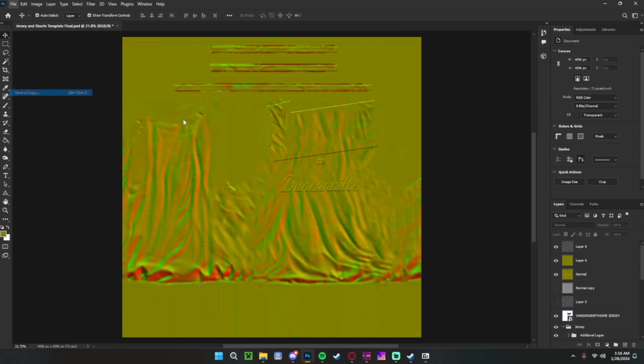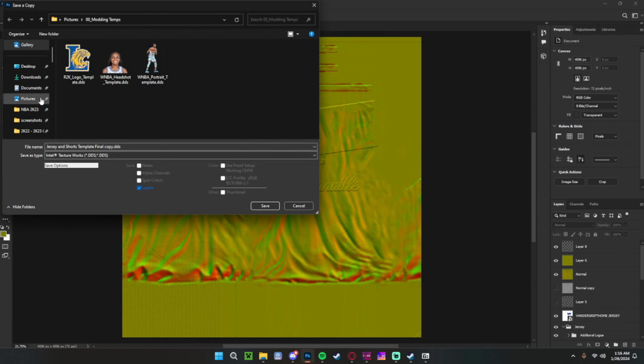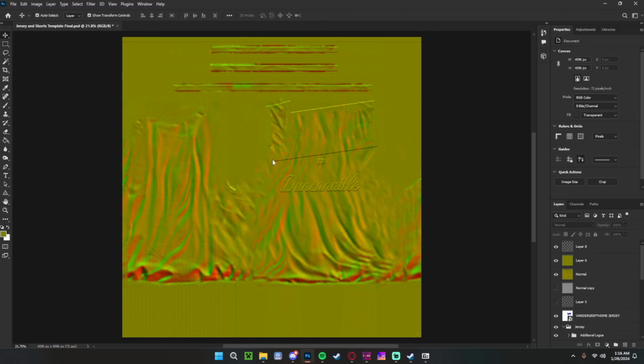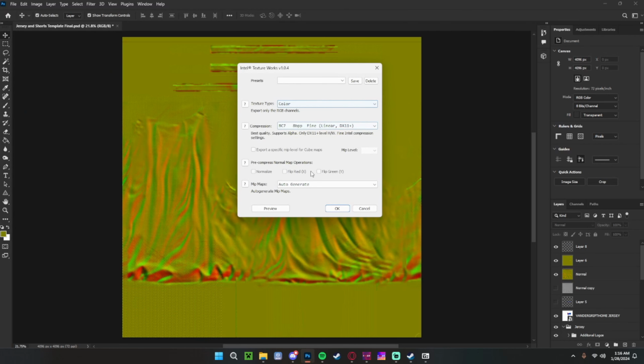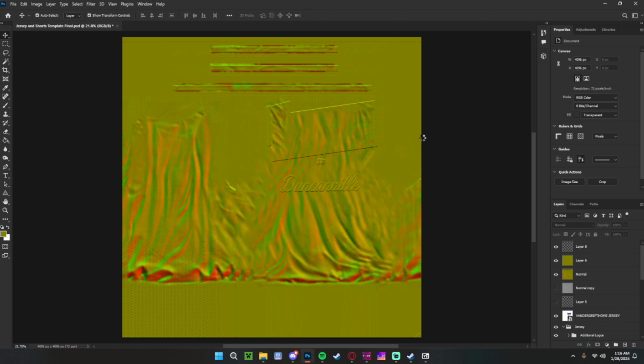So you want to export it DDS. I'm just gonna save it in the same spot, and then I just changed from color to normal. These are the settings. Copy them. BC7, fine, linear, auto generate, and then color on the top. Save that,